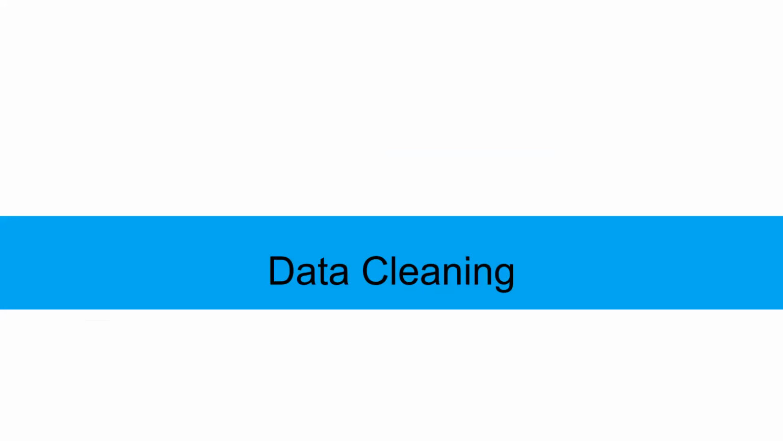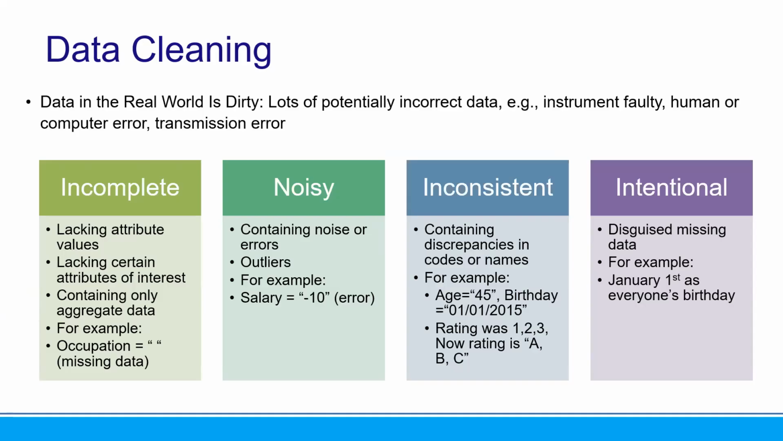First, let's deal with the data cleaning. In data cleaning, we can say that the data in the real world is dirty, with lots of potentially incorrect data. For example, the instrument may be faulty, so there are some faults on the instrument. Human and computer error. Transmission error. Those kinds of errors